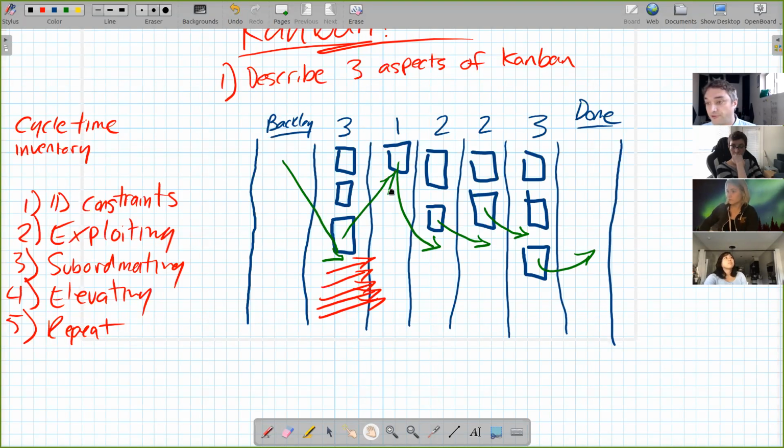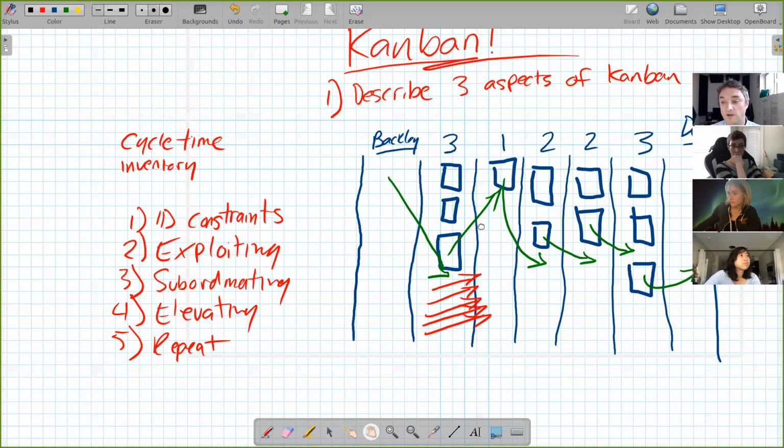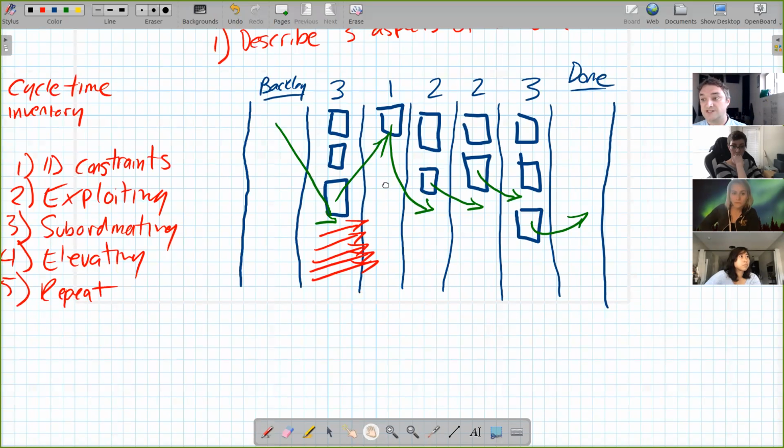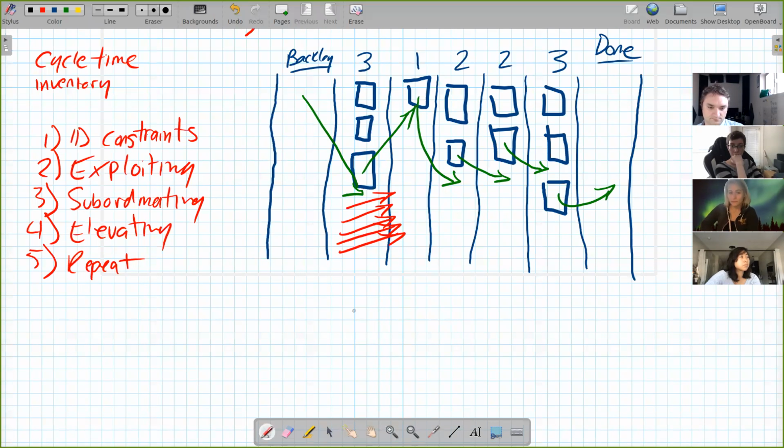So in addition to impeding flow, another problem is inventory. Inventory, in this sense, is just anything that's in the middle of this process. All of these work items here are inventory. So what's the problem with inventory? Well, it turns out everything. Inventory goes bad. If it's like an organic product, it literally decays.